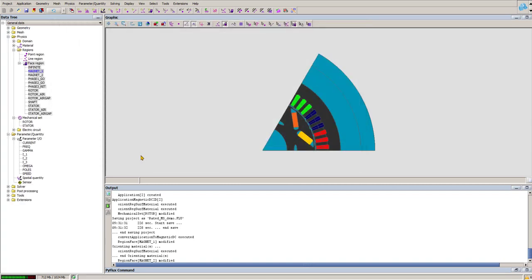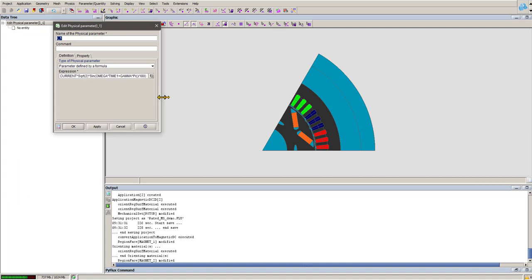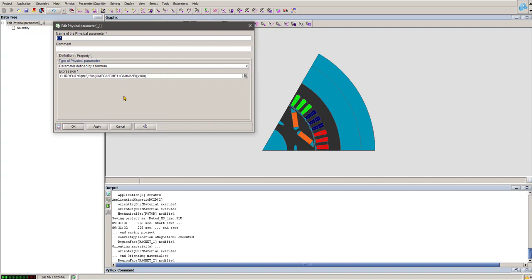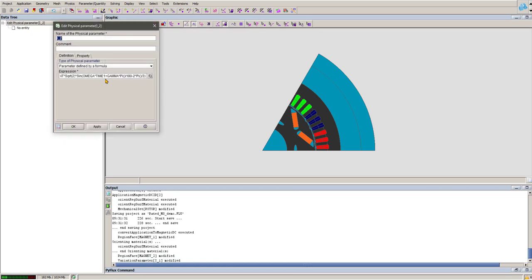What I am going to do also is to have a look at the formula of the current. They were defined as a function of time. Here, there is no time in magnetostatic, so I am going to replace time 1, which is created during the conversion, by simply 0 here. Okay, and